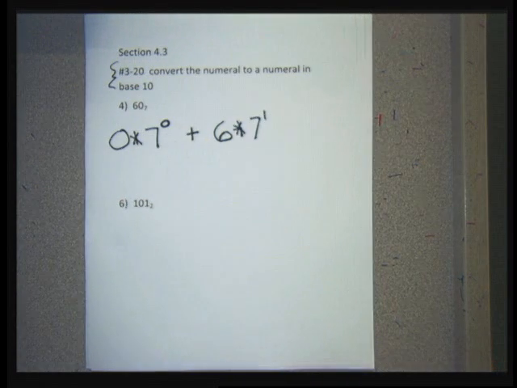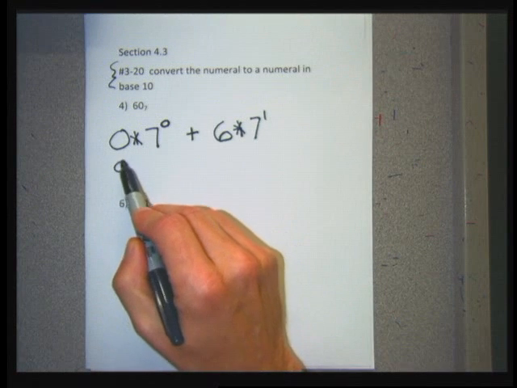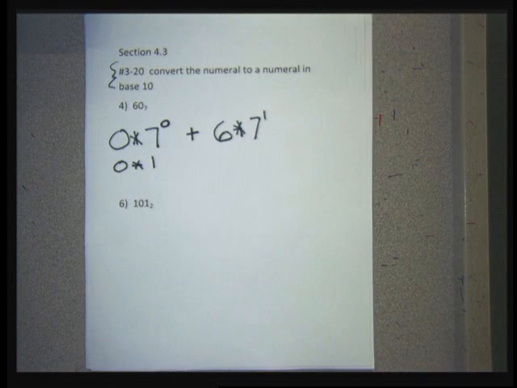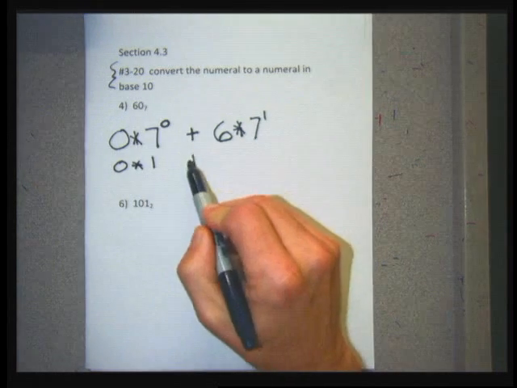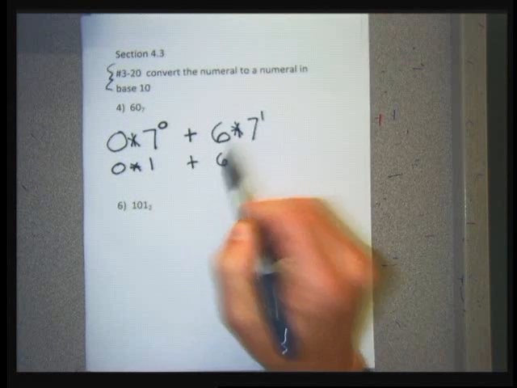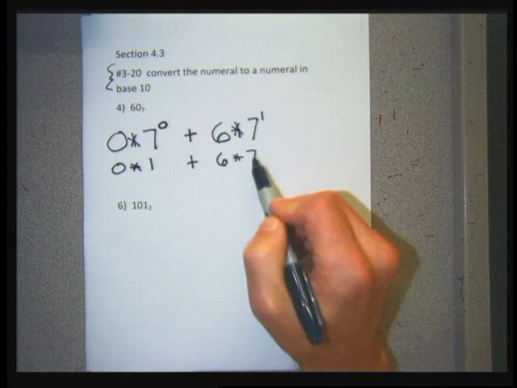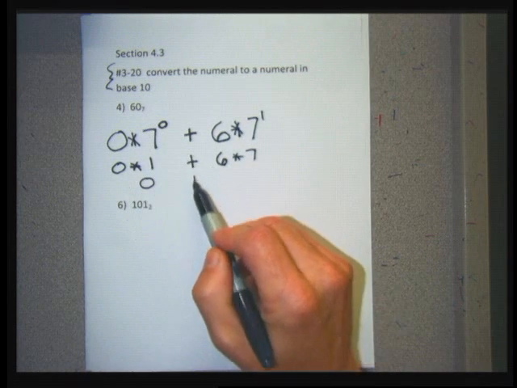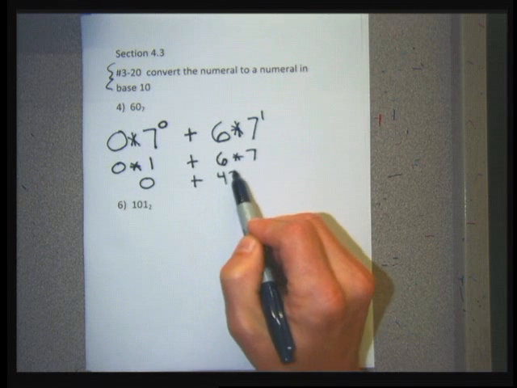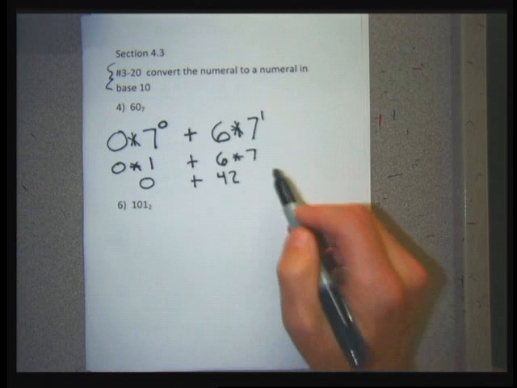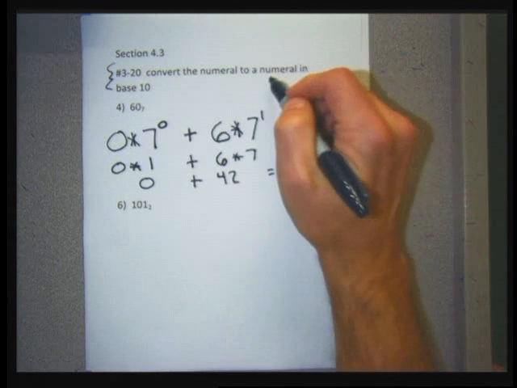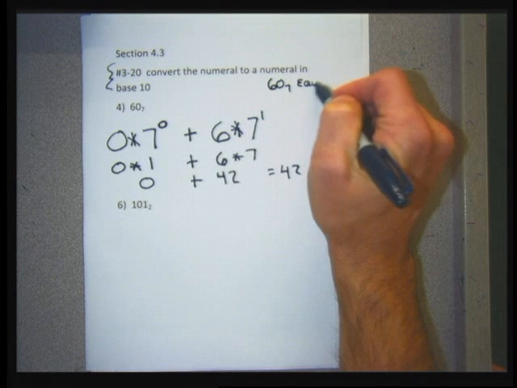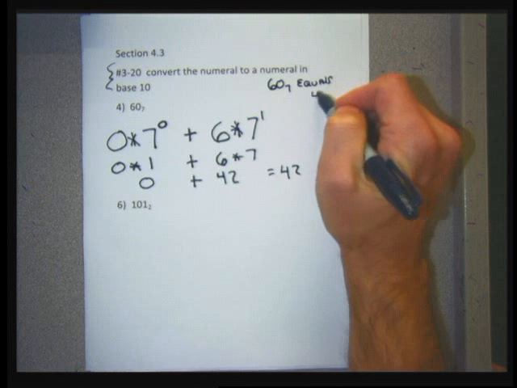I don't really need my calculator to do this. 0 is just 0. Anything to the 0 power is 1. And in the next part, 6 is just 6, and 7 to the first power is 7. So 0 times 1 is 0. 6 times 7 is 42. 0 plus 42 is 42. I claim that 60 base 7 equals 42